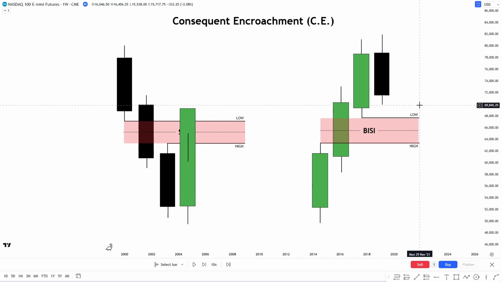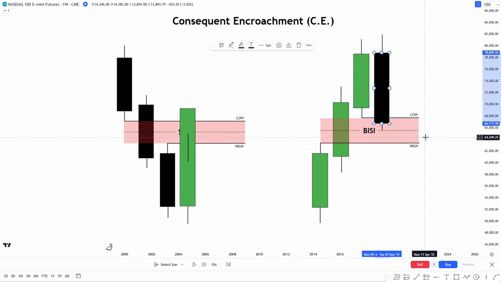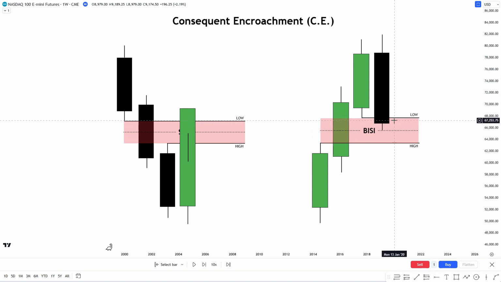Now the exact same thing would be said when I am bullish. I would look to be entering as we entered this fair value gap right here, and I would like to see 50% or consequent encroachment be respected. However, I would also like to see the bodies remain preferably outside of the fair value gap. It can also be inside, but the main thing is it must be in the upper half of this fair value gap. If we then start to close below consequent encroachment, or especially if we close outside of this BISI,